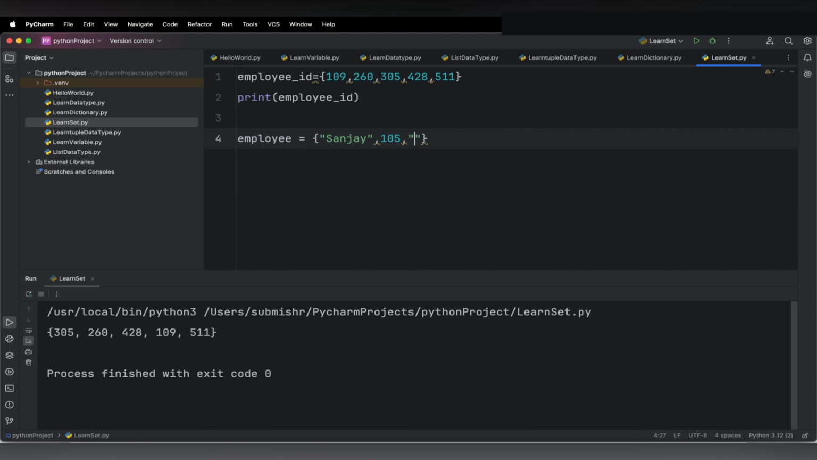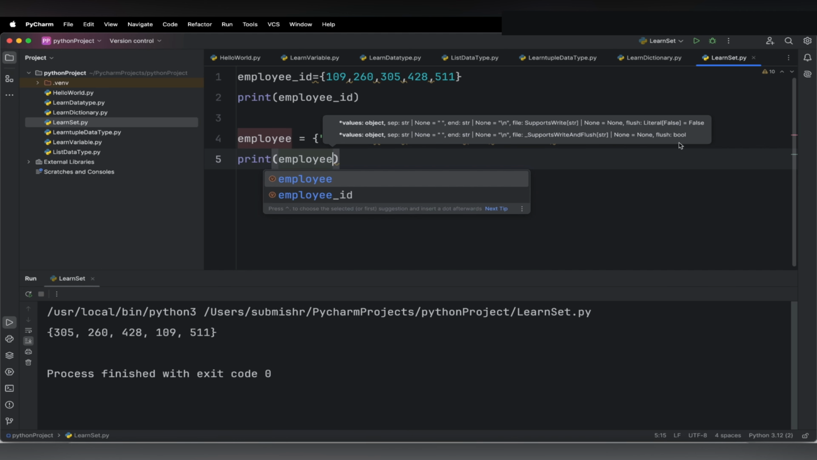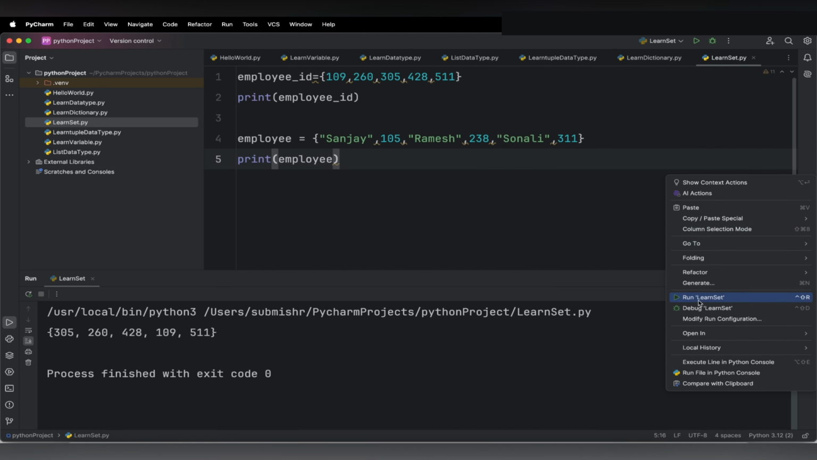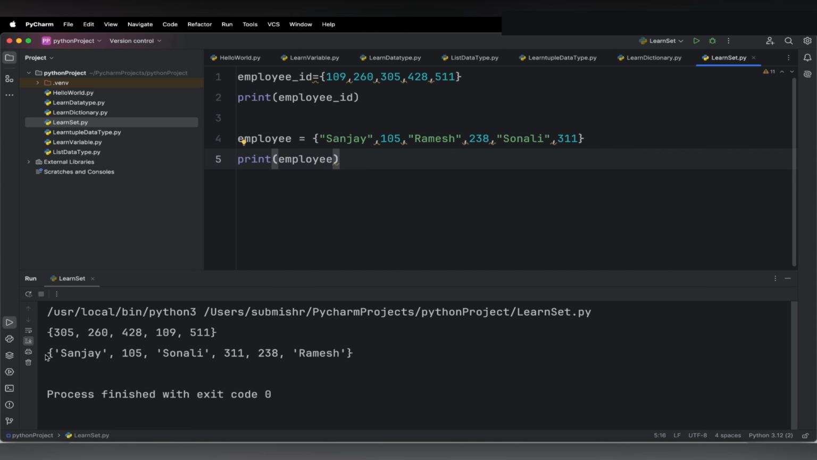Similarly, we will have another employee, let us say Ramesh, and his employee ID is something else, let us say 238. Similarly, one more employee, let us say Sonali. And her employee ID is 311. And then we will print it, print employee. See, this got printed. So here if you will notice, when we are printing it, we see output in a different